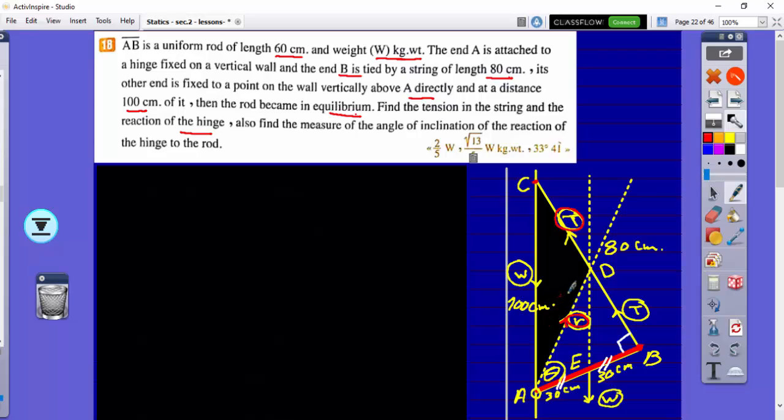Before that, you have to know that the three forces, the weight W, the tension and the reaction, must intersect at one point according to the theorem, as the rod is in equilibrium. So to apply the triangle of forces rule, we must know the side lengths of this triangle. We know that AC equals 100 centimeters, so we have to calculate the length of AD and the length of DC. Now we know that AB is a uniform rod, so its weight acts on its midpoint,